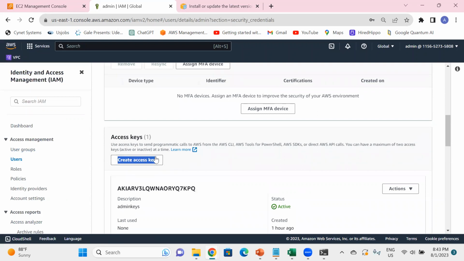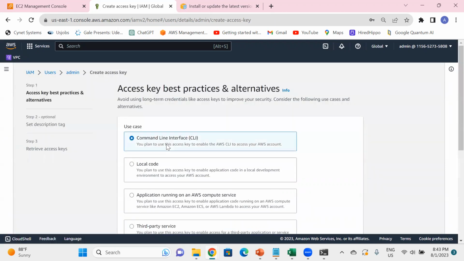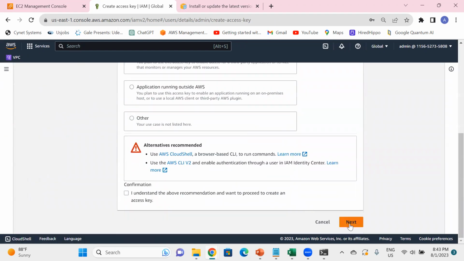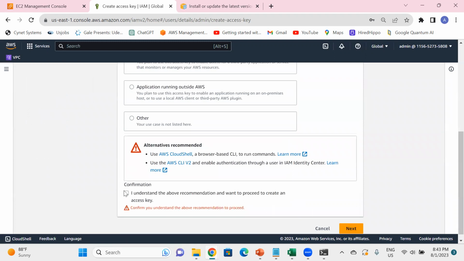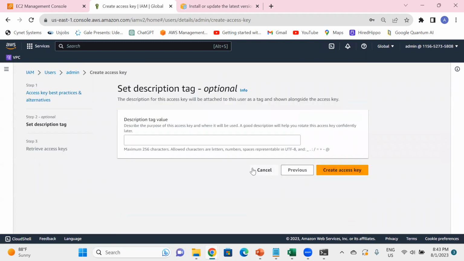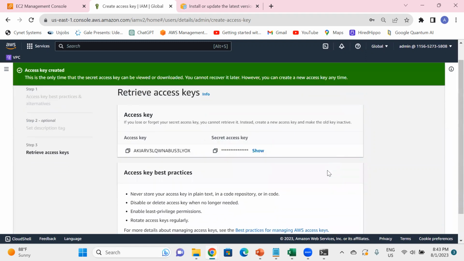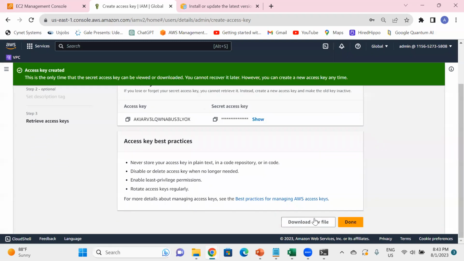Click on create access key, select command line interface, go for next, select this one and go for next, and you can give a description, this is for admin access key 2. For a single user you can have a maximum of 2 access keys. Create access key, and